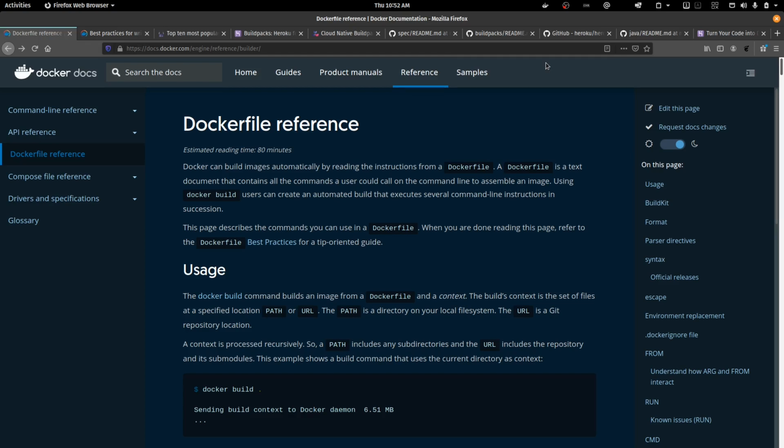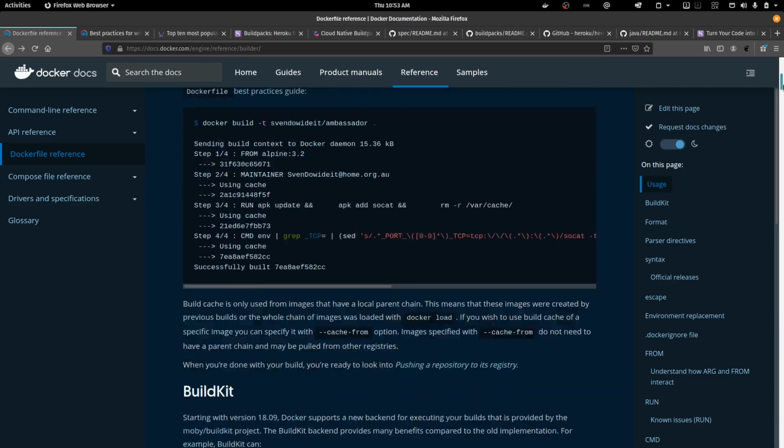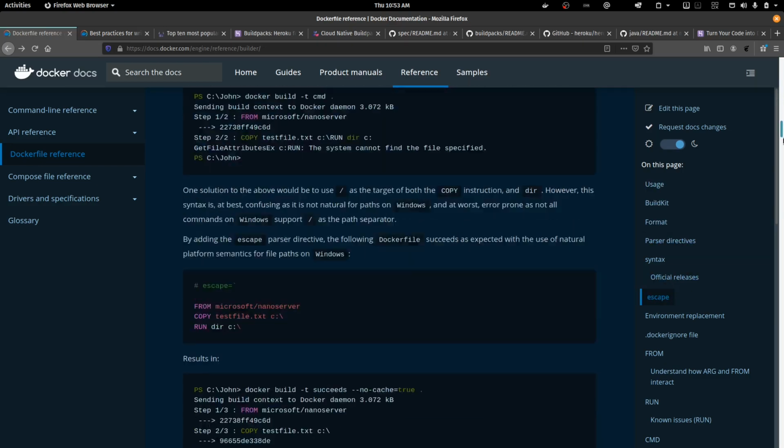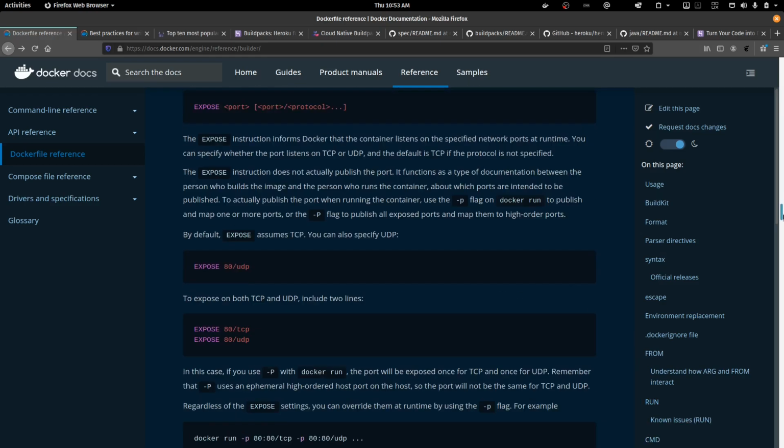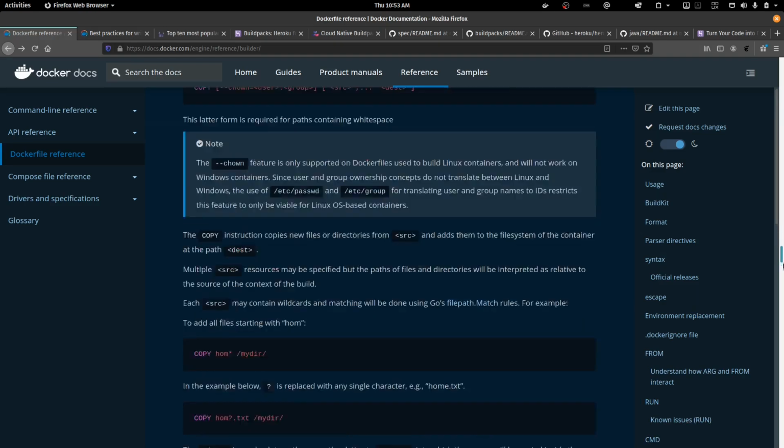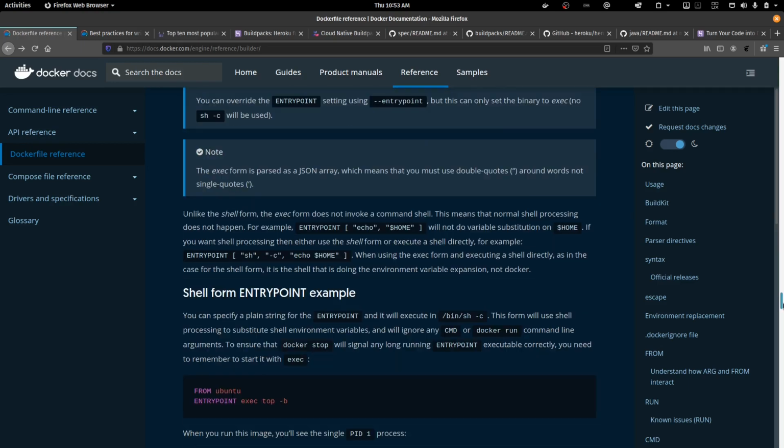I think that the mechanism for building images using Dockerfiles has some problems, especially if you try to scale it. The thing that worries me most is how complex it is. If you look at the Dockerfile reference, it's very, very complex. And if you're going to run containers that are specified using Dockerfile in production, then you pretty much have to